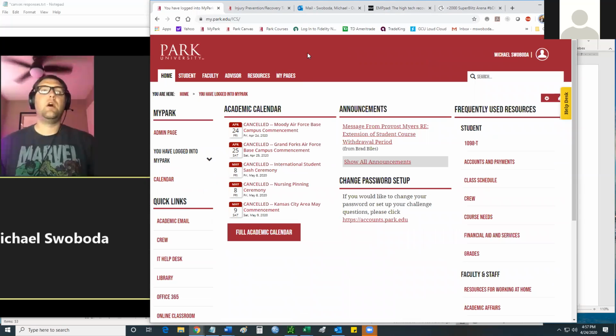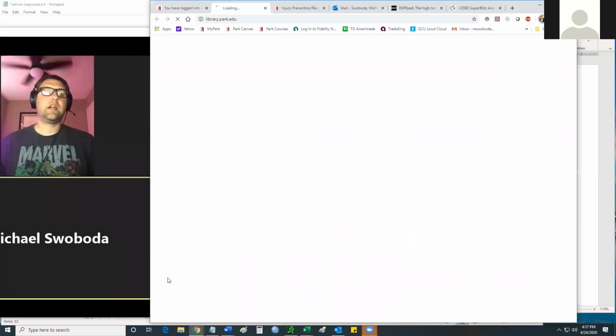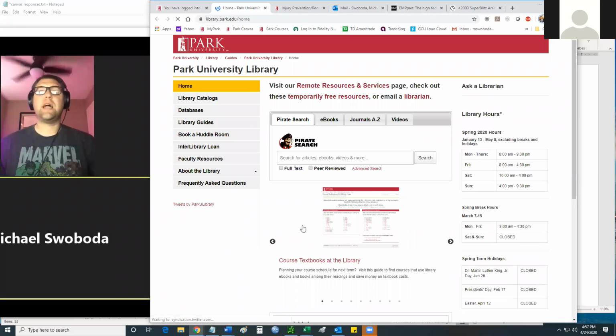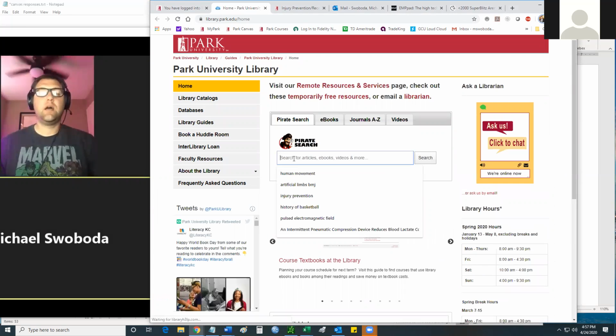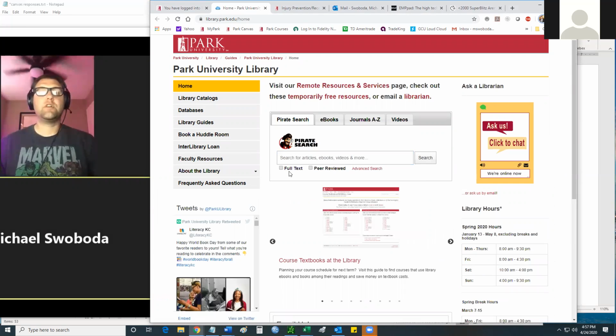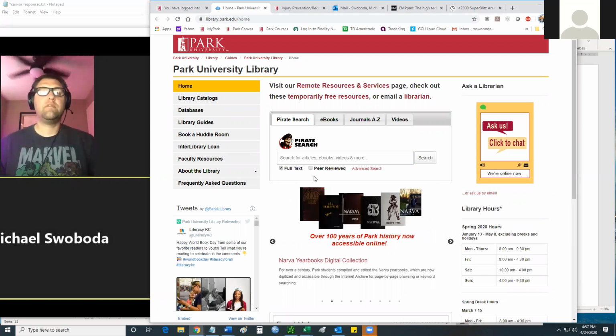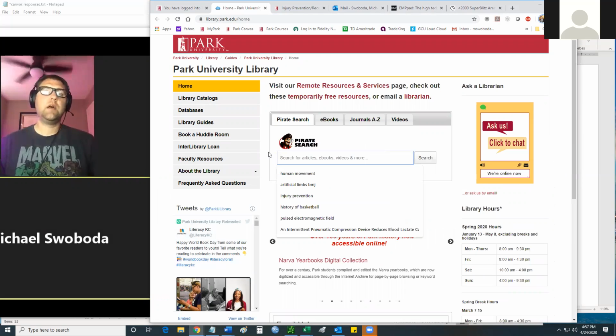On the left-hand side here, it says library. That's where you're going to go. I click on the library, it takes me to the library site. I go to the search. First off, I want to click full text and I want to click peer reviewed. And then I'm going to search for my topic.